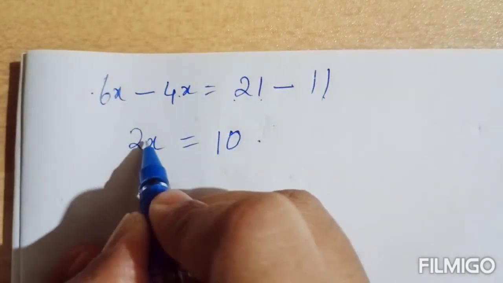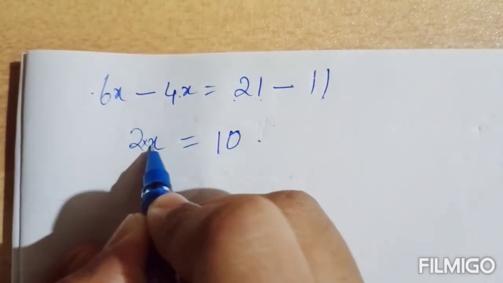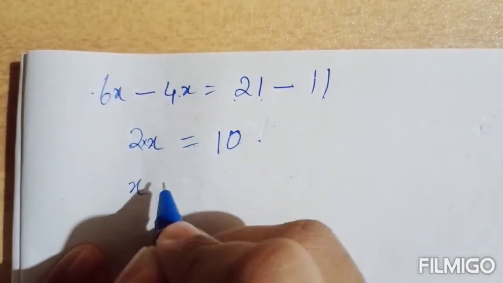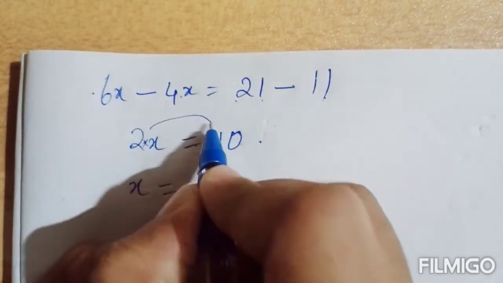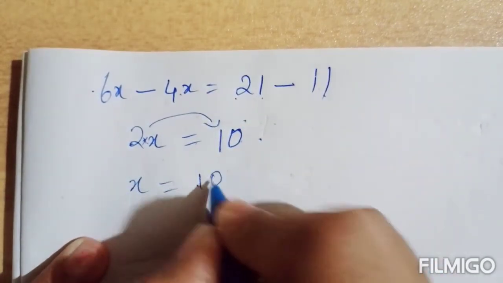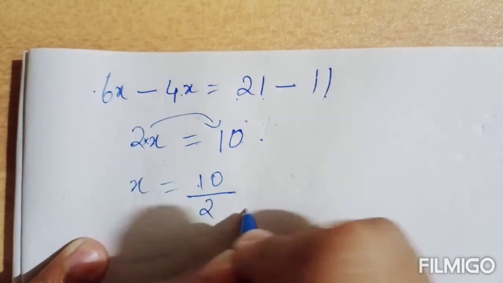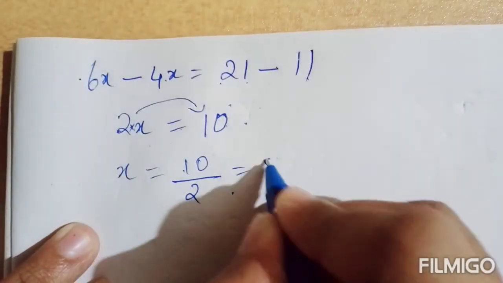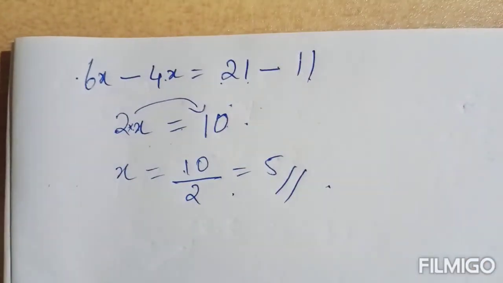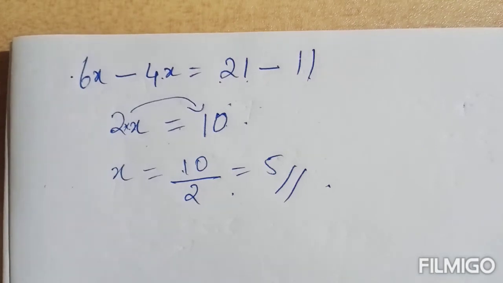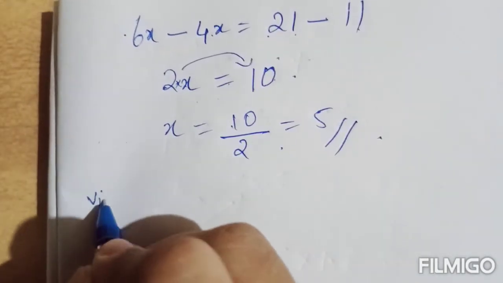Okay, now we have to find the value of x. 2 into x equal to 10. So x equal to, this multiplication 2 we are taking to the other side, so that will be 10 divided by 2. 10 divided by 2 it is 5. So x equal to 5 will be the answer. Okay, now in that seventh one,